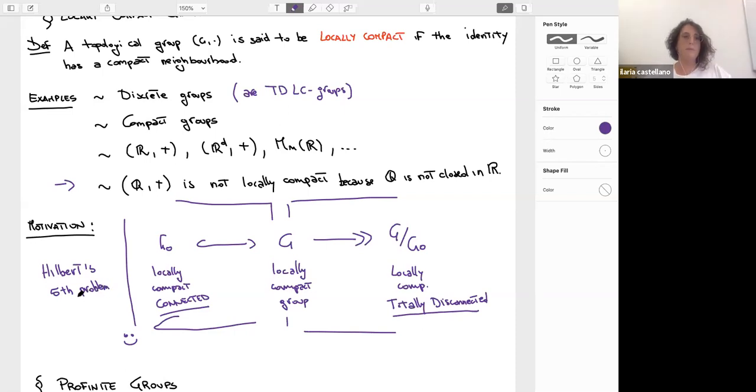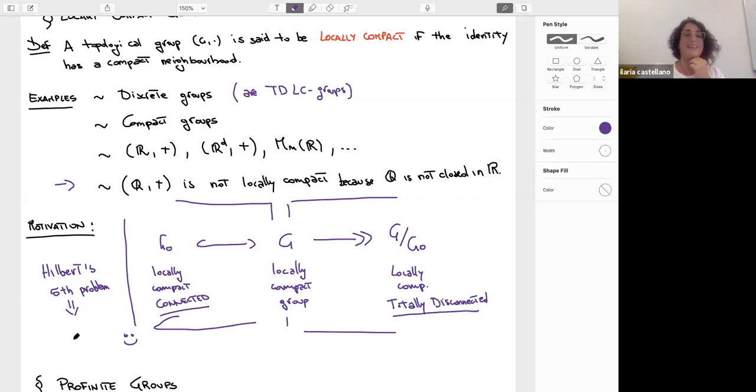This was a problem about locally Euclidean topological groups, and Hilbert asked whether it was enough to have something locally Euclidean in order to get a Lie structure on the group. And the answer is positive, so this is enough, we have a positive answer to the Hilbert fifth problem, and this answer